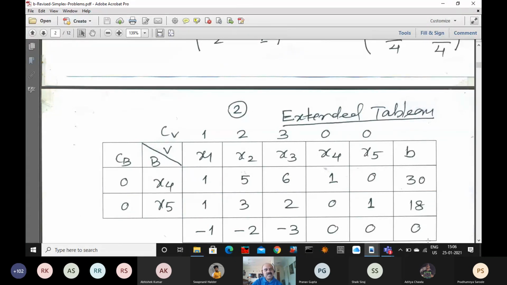The three methods I have given, the basic feasible solution method, simplex method, big M method, and the two-phase method, are not very easy. Now we have the revised simplex method, dual simplex method, and integer programming. Worst case, maybe you will not be able to answer all, no problem.